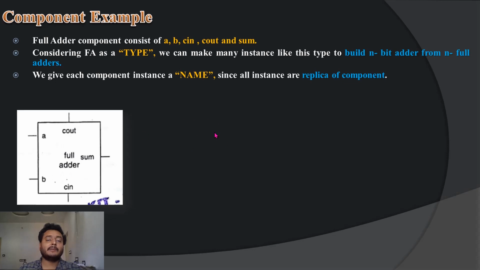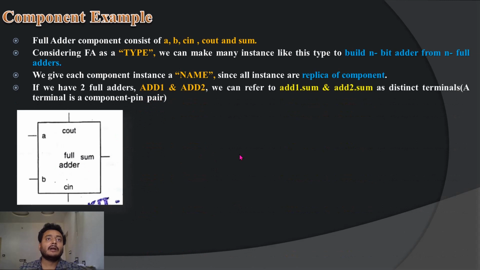I'm giving names for these two things. I can give this one as add1, and the second one as add2. So 2 full adders are available, and I give names for them. This is the add1 adder, this is the add2 adder. Both are similar in function; they are replicas.